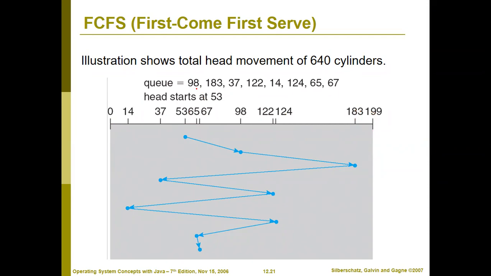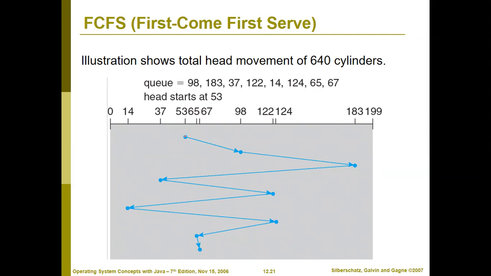Then you need to mark approximately all the numbers that are given, according to the increasing order on the number line. 14 is the least one, here it should be 37, here 53 is the next one. Why 53? Because currently we are at 53. You also have to mark this particular number. Then 65, 67, everything you are marking here on this number line. Then this method is FCFS.